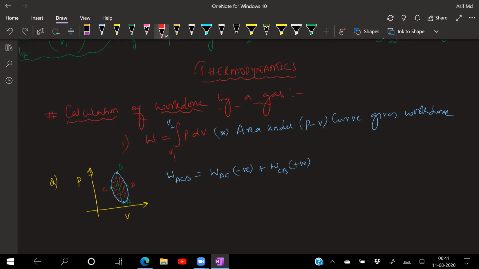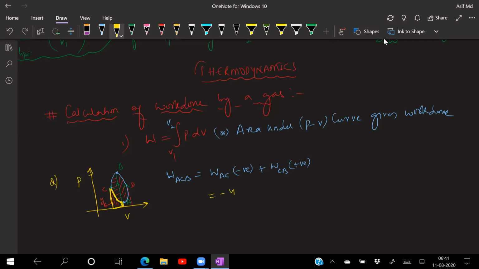Now see this one carefully. From A to C, this is the graph. If I drop a perpendicular from D, this will be the graph. So this is the area from A to C, which I'm saying is, for example, some Y. I'm going from A to C like this, that means this area, from here to here. Got it? So is that plus Y or negative Y?